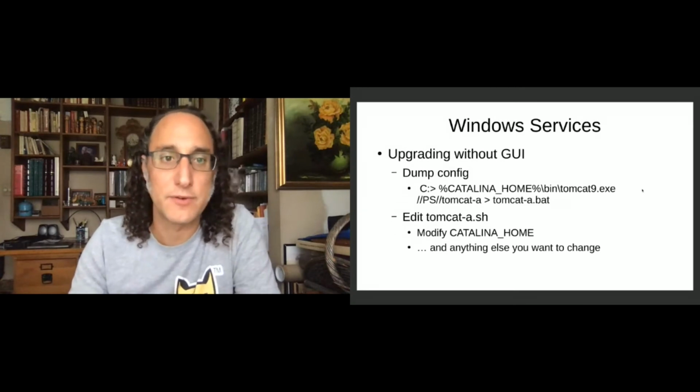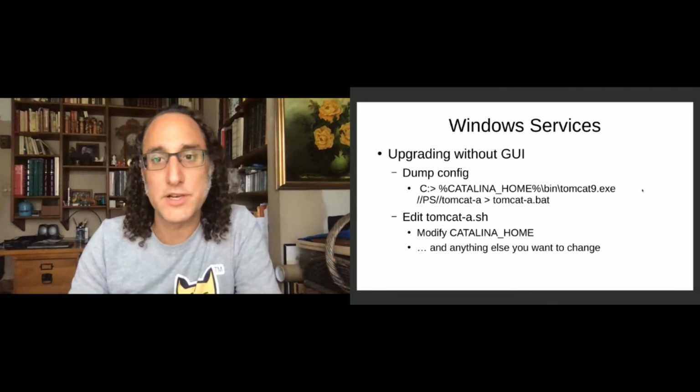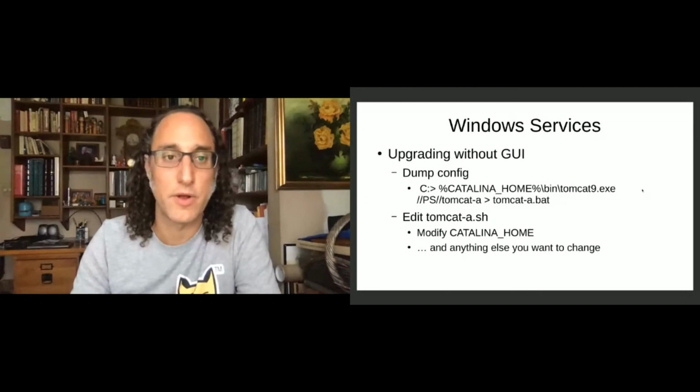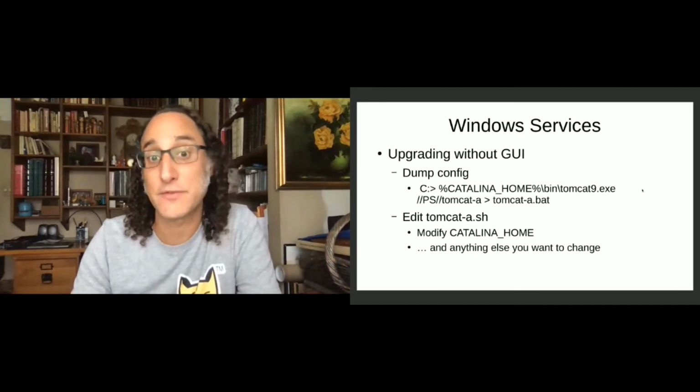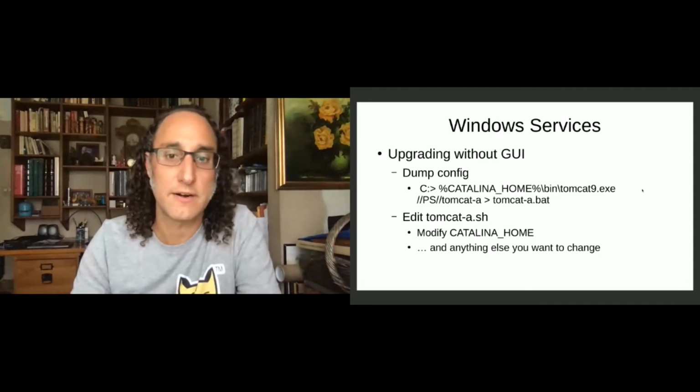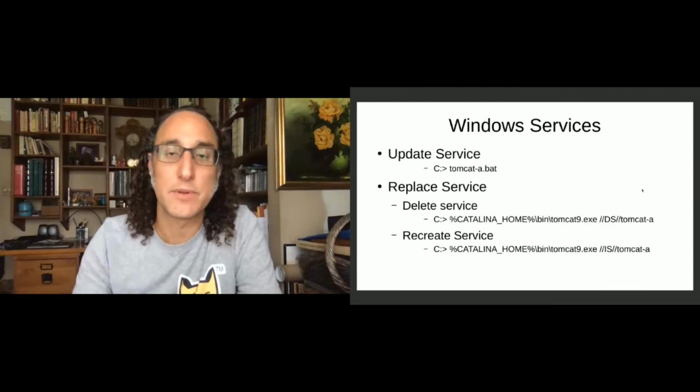If you'd rather not use the graphical user interface, you can dump out the configuration with a relatively new command for the service runner, which is //ps, which stands for, I believe, print service. This actually dumps out a command line which will recreate the service, including all of the various options that the service was created with. So if you execute that print service on Tomcat A and then pipe it into a batch file like tomcat.a.bat, you can then edit that file, modify the Catalina home that's listed there and anything else that you want to change, and then simply run that script